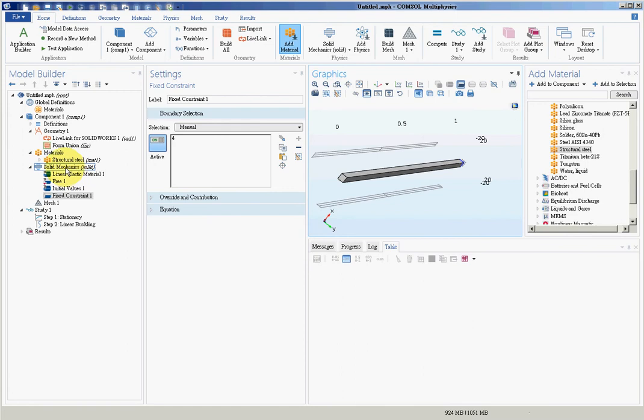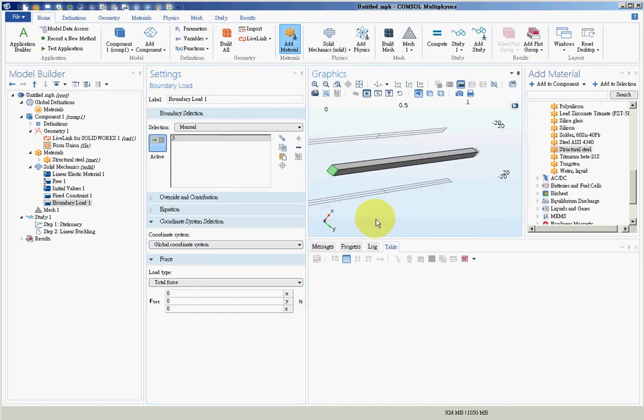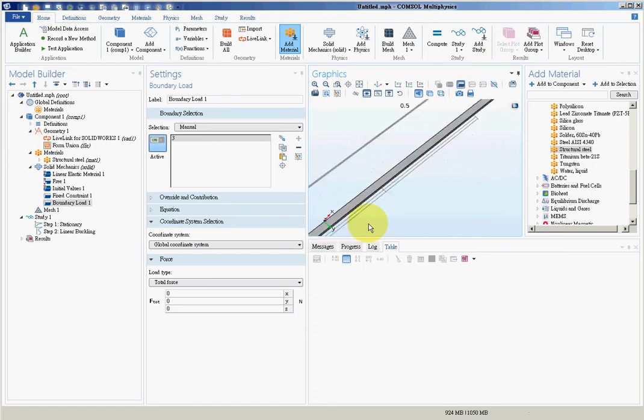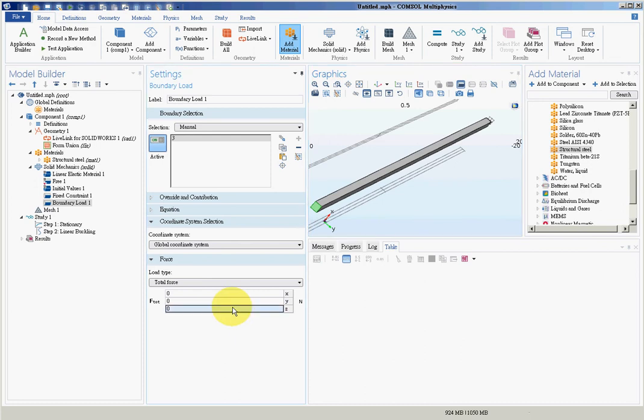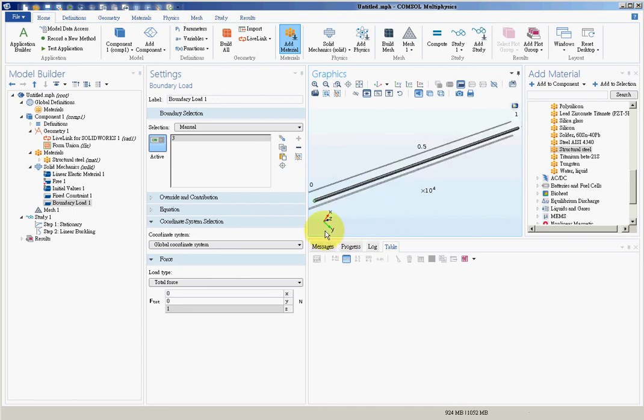Okay, for the load, a boundary load, I'll choose this surface, and it will be a concentrated load. You specify the type of load, the area on which the load will apply, the application surface, and the direction of the force, which is the Z direction. I'll rotate it a bit so I can see that it is in the positive Z direction. So I choose Z direction and enter 1 Newton in the positive direction. I can see it here. So I finished with the